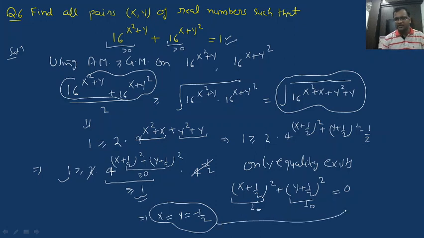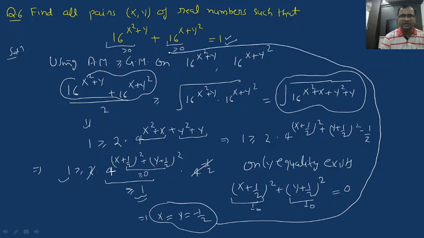Also, we can back check this solution in the parent equation. If we put x and y in the parent equation here and here, then what happens to the exponent? x square becomes 1 by 4 and y becomes minus 1 by 2. With 16, it will be minus 1 by 4. This quantity becomes half, and similarly this becomes half. Half plus half is 1. Okay, so this equation has a unique solution, x and y both